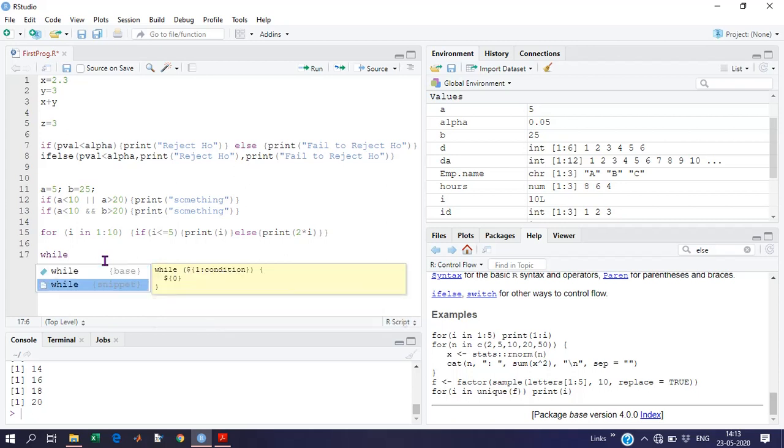Okay, let's have some variable. Suppose we put i is equal to 0. And here is the condition: if i is less than 6, then print